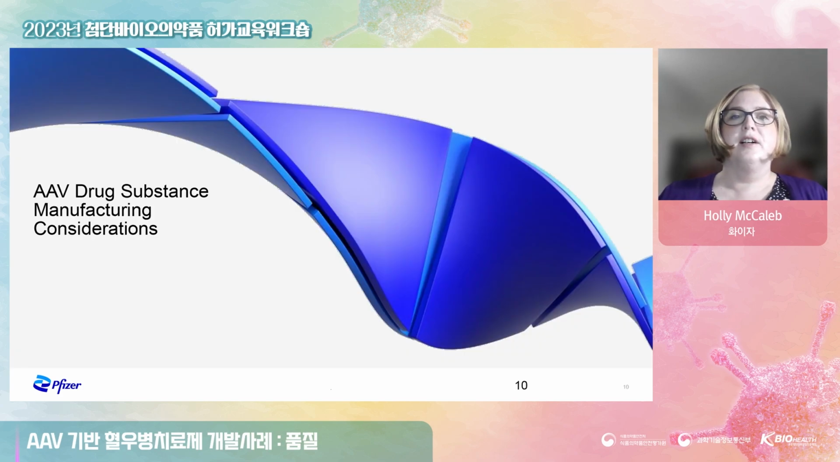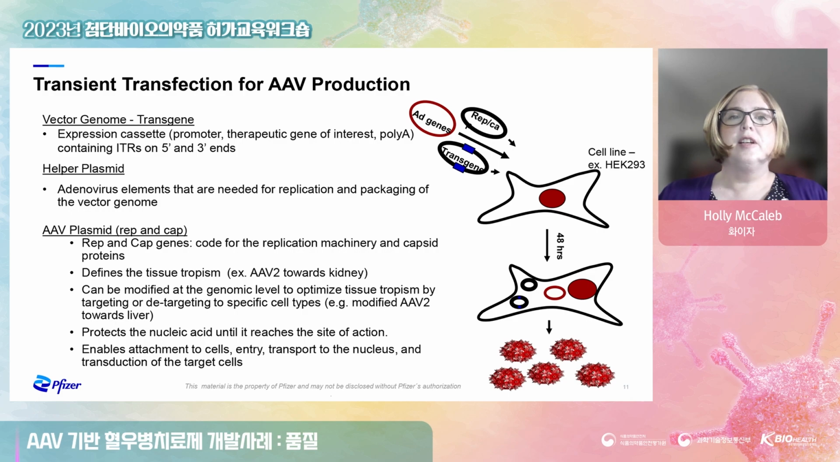I will now move on to talk specifically about drug substance manufacturing considerations. I mentioned earlier that AAV production is generated through transient transfection of the HEK cells. This transfection uses 3 plasmids, which are the transgene plasmid, the helper plasmid, and the repcap plasmid. The transgene plasmid includes the